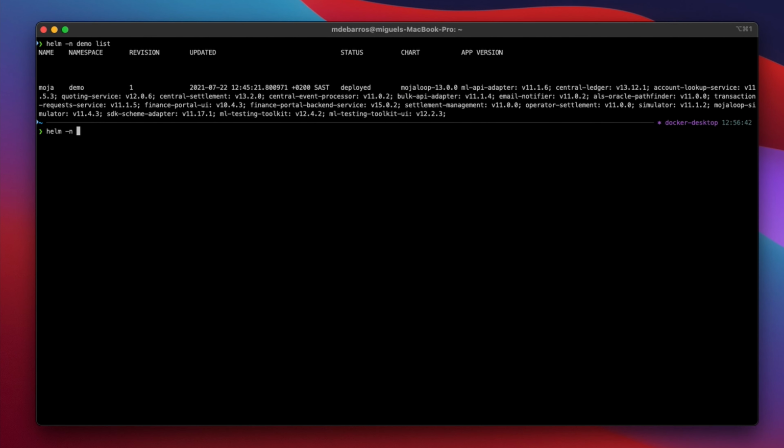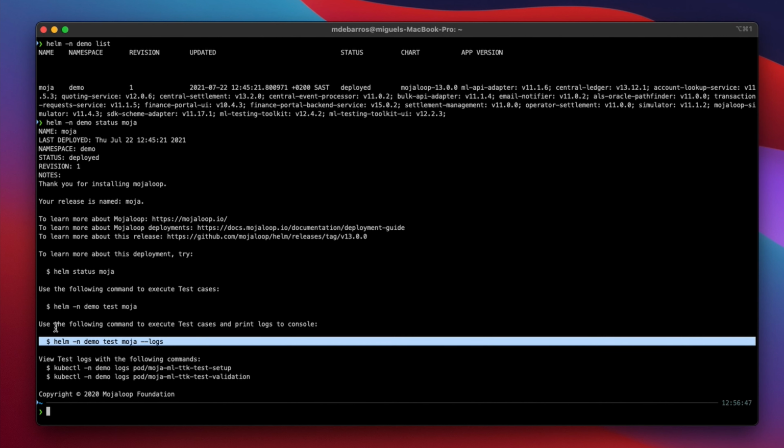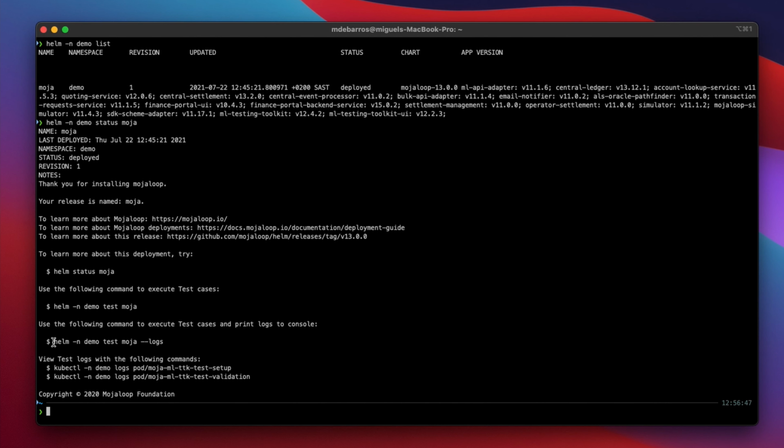Let's start by first listing our Helm deployments within the demo namespace by running the helm list command, returning a release called Mojo. We can find out more information about this release by running the helm status command. Here we can see the helm test command that we can use to verify this deployment with the pre-populated parameters like the namespace demo. Let's copy and paste that command, which includes the optional logs parameter to display the results